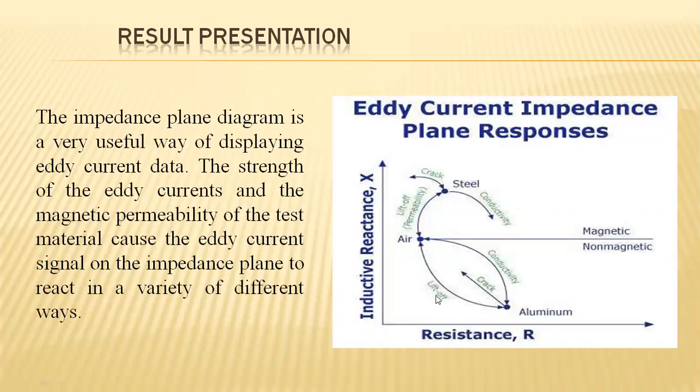Here, in this case, these are the lift-off conditions because these are lightweight materials for which the magnetic field strength cannot be varied. And hence the conductivity will be taking place, and directly the cracks will be identified upon its resistance and inductive reactance. So these are the variations of the materials in the case of the eddy current testing process. The process and its advantages we'll be discussing in the next class. I think the time has concluded.